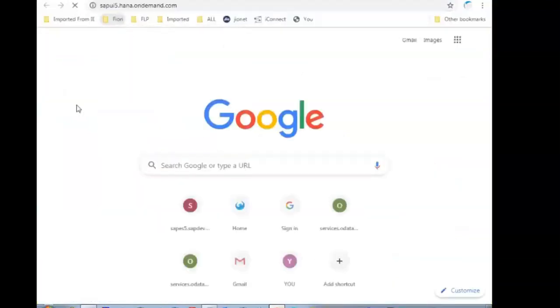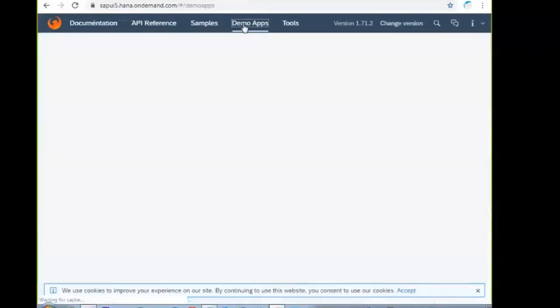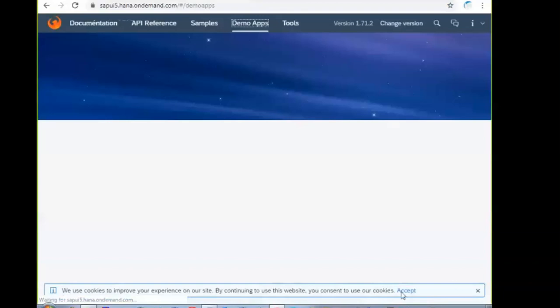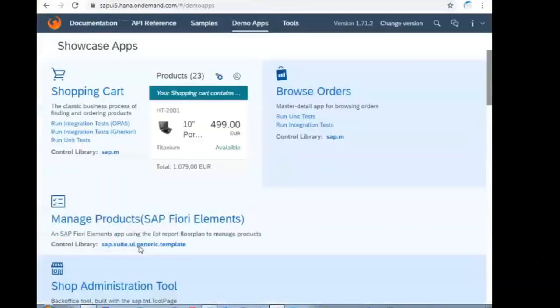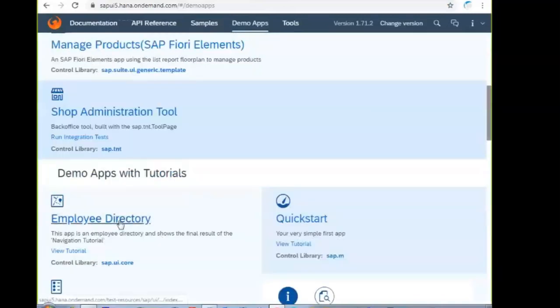Worklist template in the demo apps. If you visit the demo apps in the demo kit, we have the employee directory.